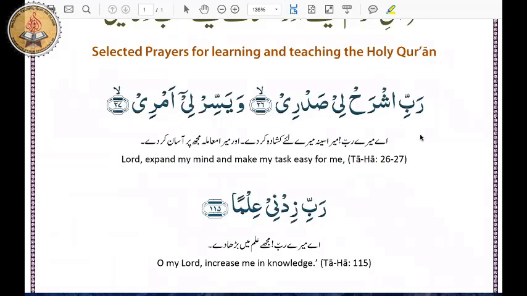So today's lesson, we're going to be moving on to lesson number 3, which is regarding the Arabic letters. So before we do that,